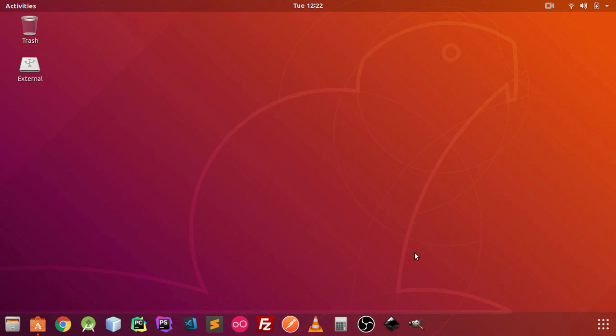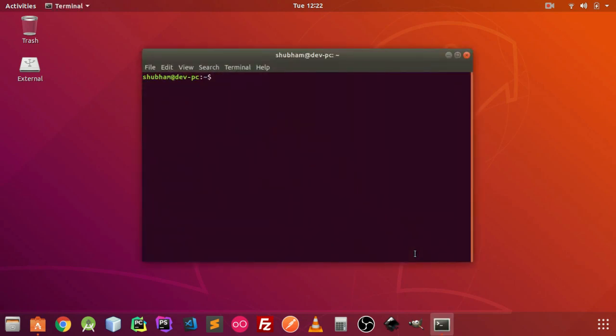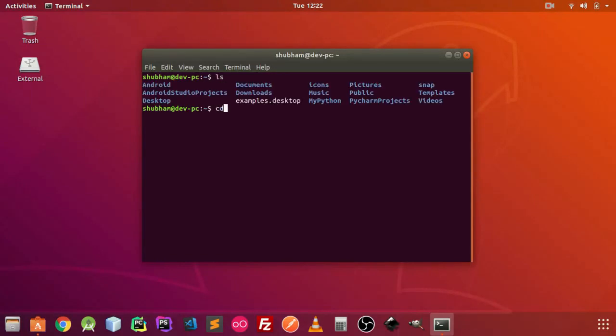So we will first open up our terminal. Now we have to go to the directory where we want to save our files. Then we have to create a directory for our project. We have to go inside that directory,